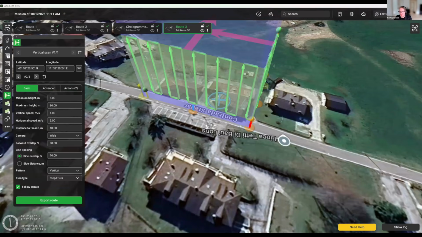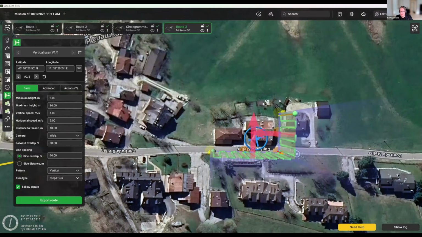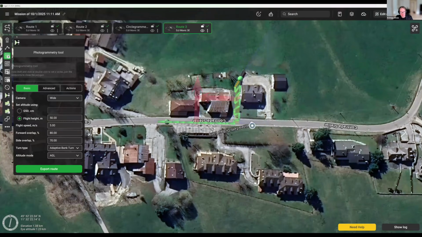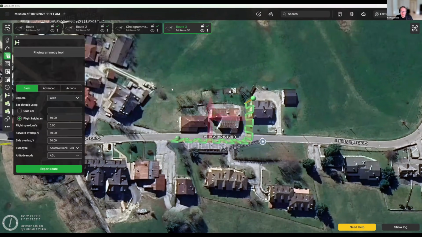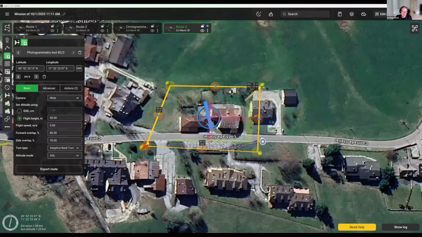So this is just a very simple, very basic vertical mission. And actually, you can, for example, even combine this with some other mission elements. Even in the same flight, you can do a vertical scan, and then you can do either circle photogrammetry or, let's say, double grid photogrammetry from the top. Because one cool thing UgCS allows is it allows you to actually combine different mission segments together. So for example, now I'll just try to very quickly plan out a photogrammetry flight like so